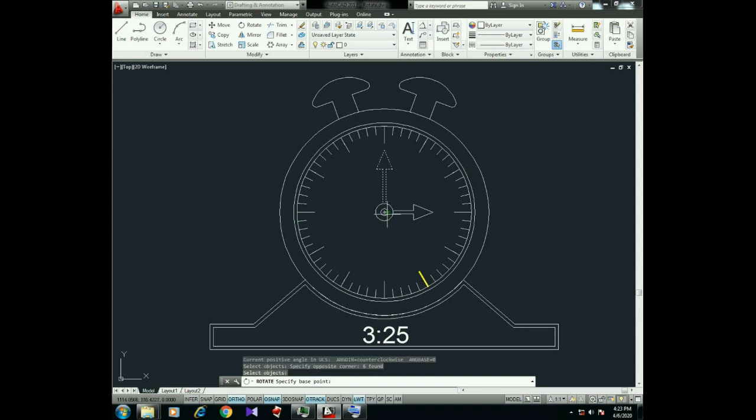Take the base point. Since I don't know the angle difference, I am going to choose reference option. Then I am going to take the center reference and the second point as the indicator end. Now I can move the cursor. Where the cursor goes, the indicator moves. I am going to position the cursor in the yellow mark. I am going to click the tip of the mark. Now you can see the cursor clicked position has been taken and the indicator has been positioned in the location.